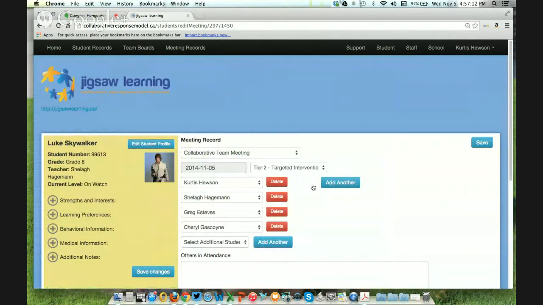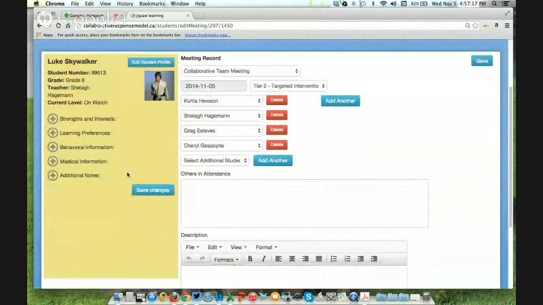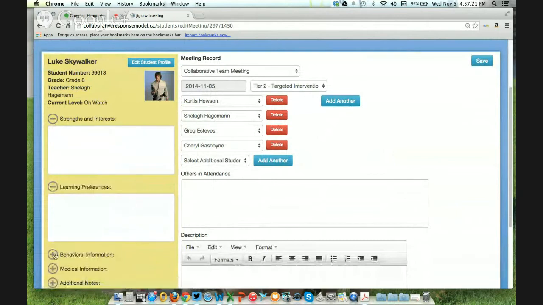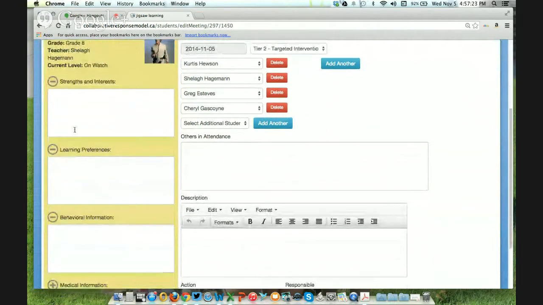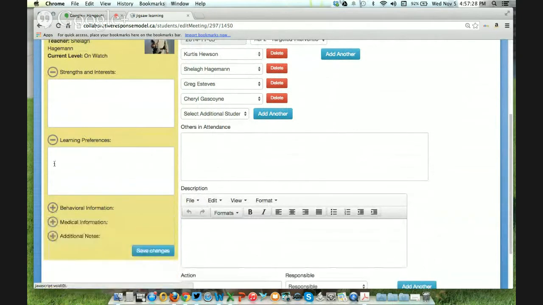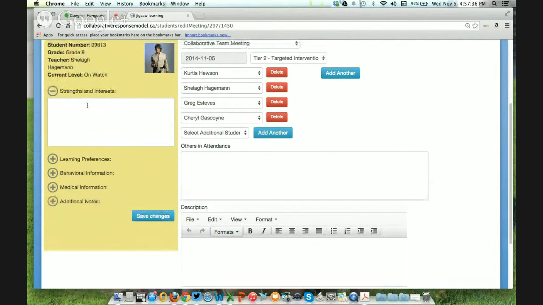Now you can see this brings me into Luke's individual record, and it may be of value over time, we're going to build a profile of this student Luke. You can see here I have things such as strengths and interests, learning preferences, behavioral information. This can be ongoing. It doesn't all have to be front-end loaded. But we may, in this conversation, note